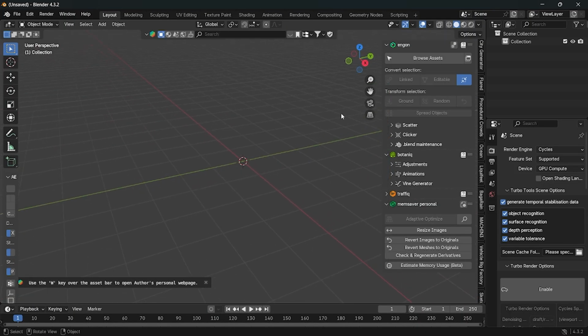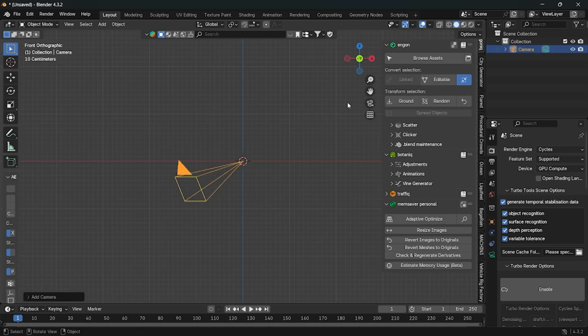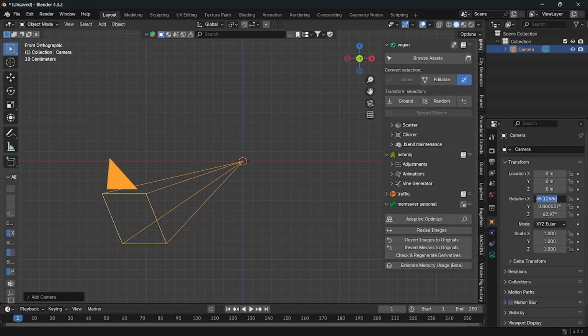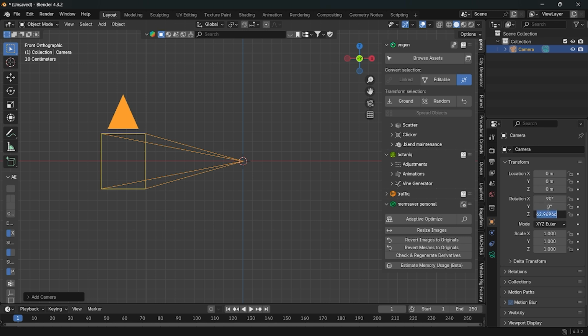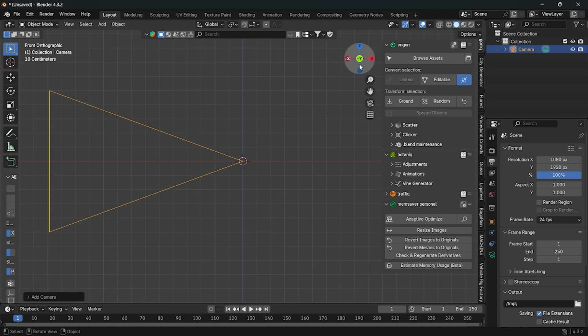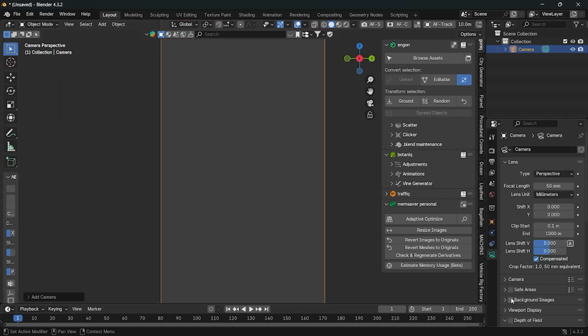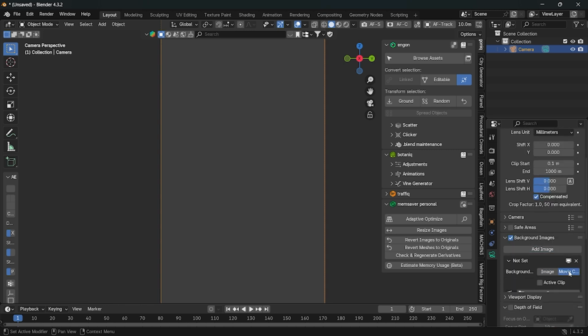To start again is the same. I will start by setting up the camera. Okay, but let me do it properly, 1080. Then go to camera by clicking on camera and choose the background image, add image, movie clip,